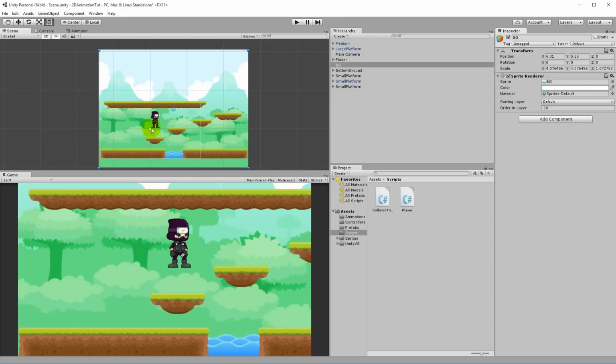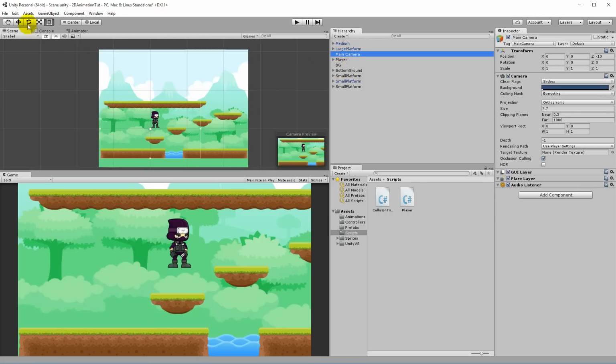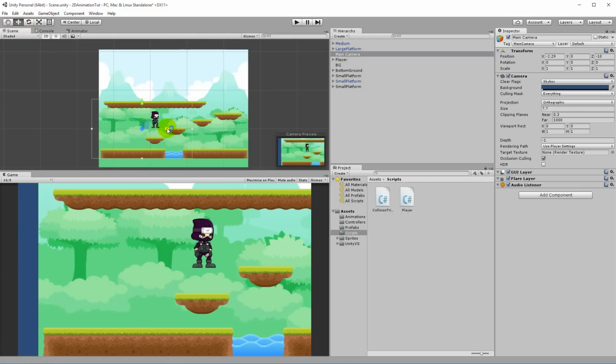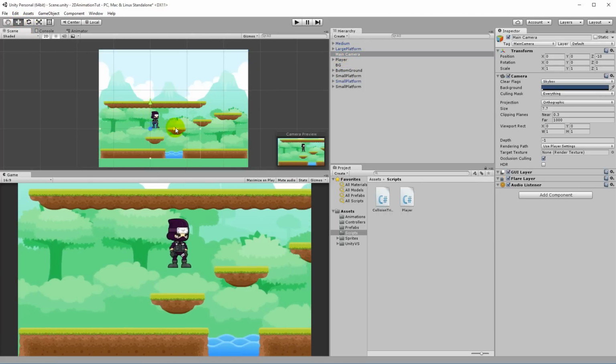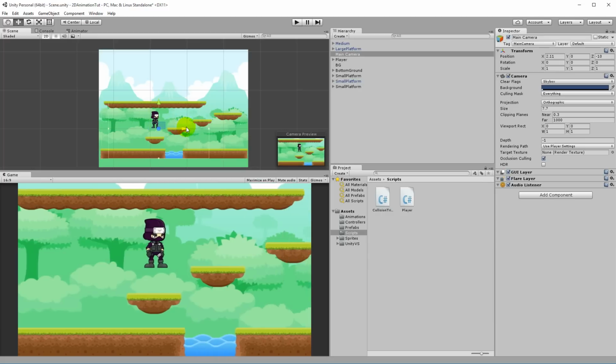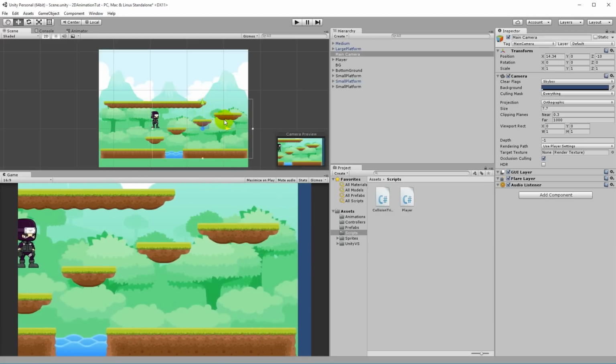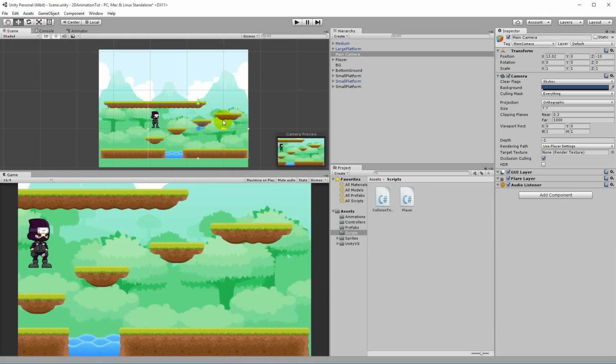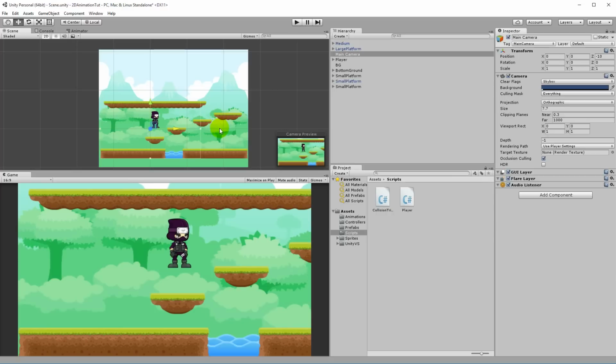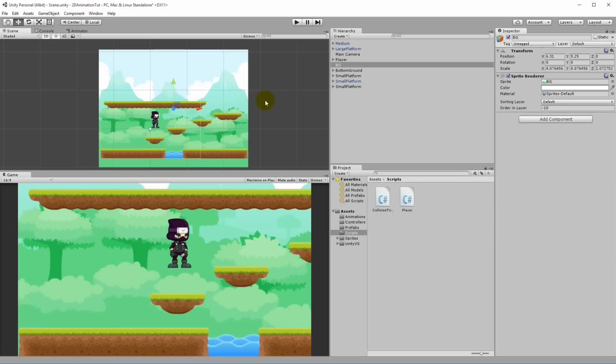So right now, if the camera follows the player, it will go to the edge of the platform so that we can't see the gray background here. So if the camera follows the player around, let's see if we can find the camera here. It will not go all the way out here so we can see the blue. It will only go to the edge here and all the way to the edge over here like this. So we'll need to program that.